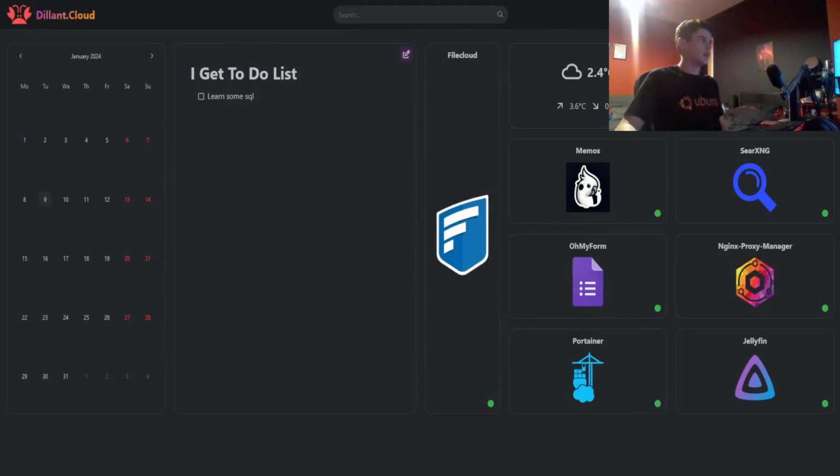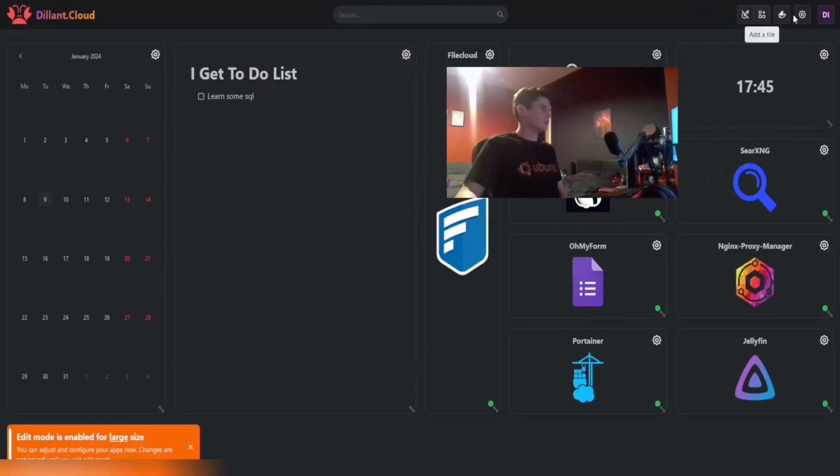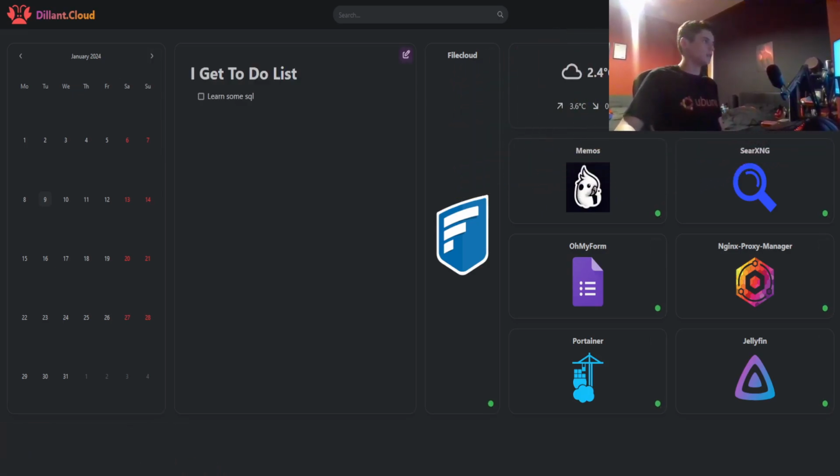So when you go into edit mode here, you can also do your widgets, but I'm not going to explain how to do all of that now. On the settings, I'm going to have another dedicated video coming up for that. Right, so let's explore some of my servers, some of the apps I use, and then I'm just going to go into more detail about how I run three servers, and how you can do it too